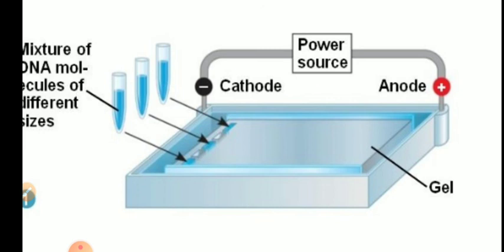So it is now a colored component, as you can see in the small Eppendorf tubes. It contains the sample to be separated, that is DNA, a tracking dye like methylene blue, and a density increasing component like glycerol or Ficoll or sucrose. And now you load the sample carefully inside the well. Make sure that the sample has sunk into the well, and then switch on the current. Current will flow between cathode and anode, and DNA molecules being negatively charged will move towards the anode. If you are staining with ethidium bromide, it is already present inside the gel.